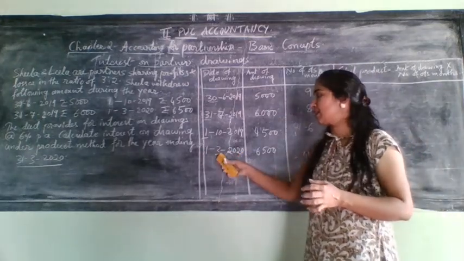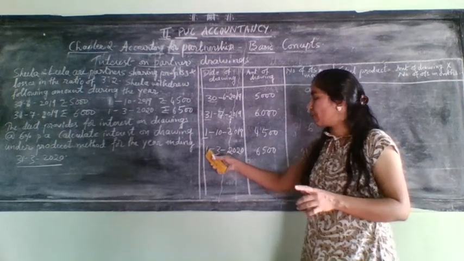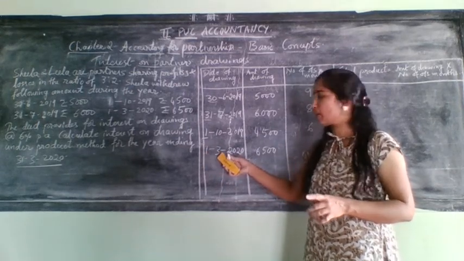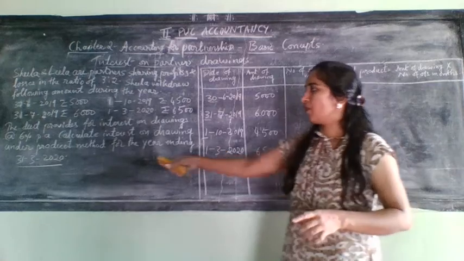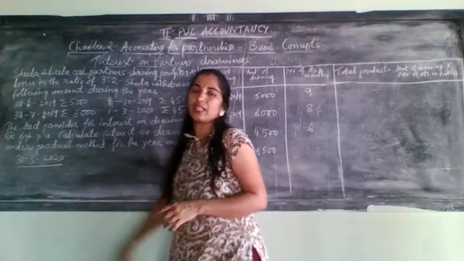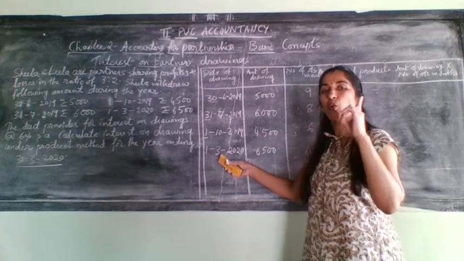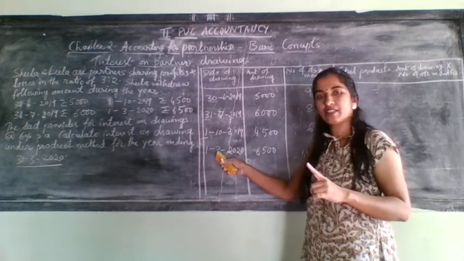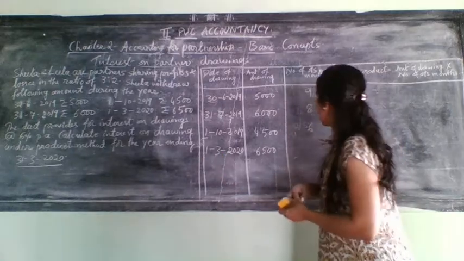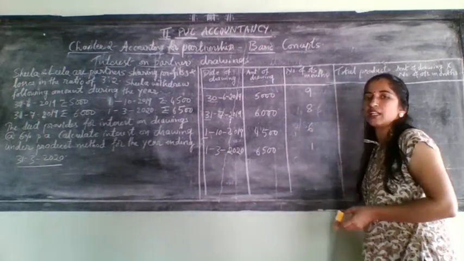Next one. 1/3/2020. 1/3 means beginning again. We need to include that month. Which is that month? 3rd. Our year ending date is also 31st/3. That's why we need to consider only 1 month. Beginning, that is 3rd month. So only 1 month we need to take into consideration. That is 1.